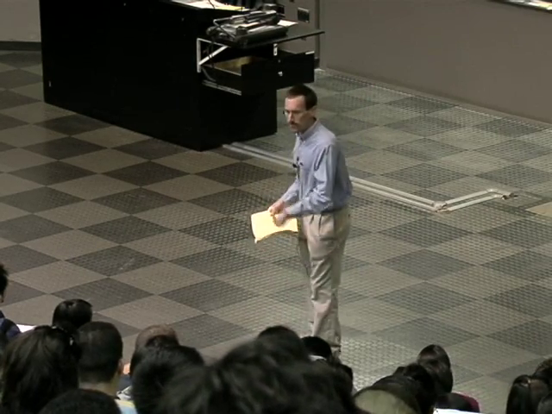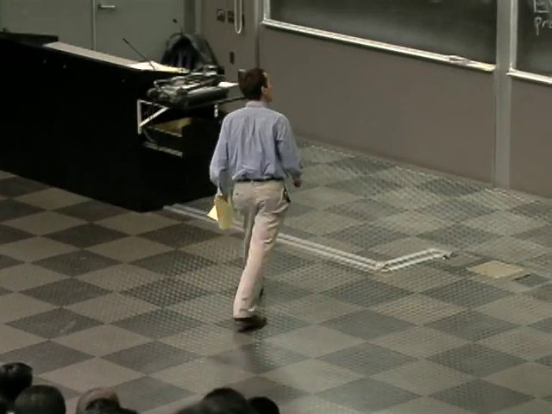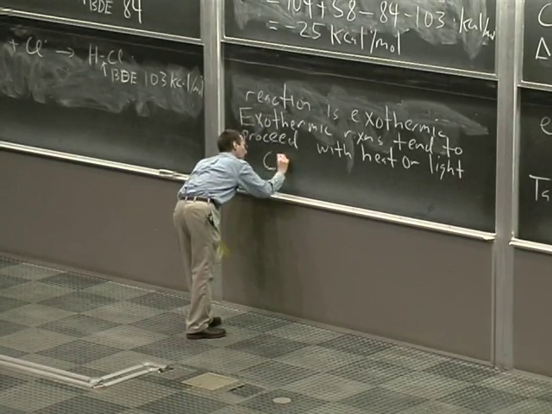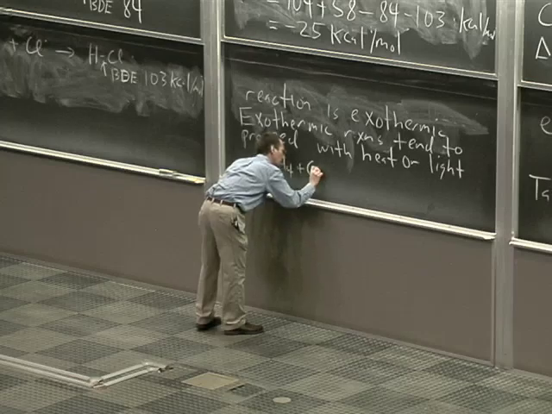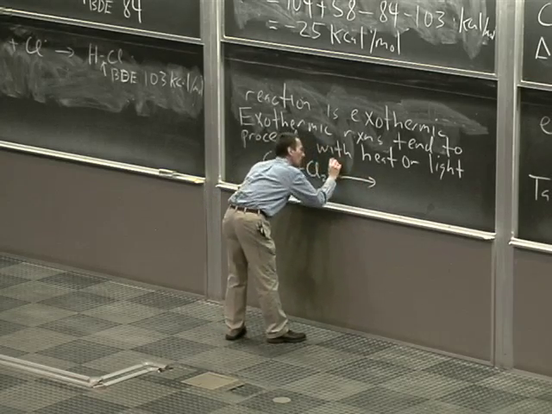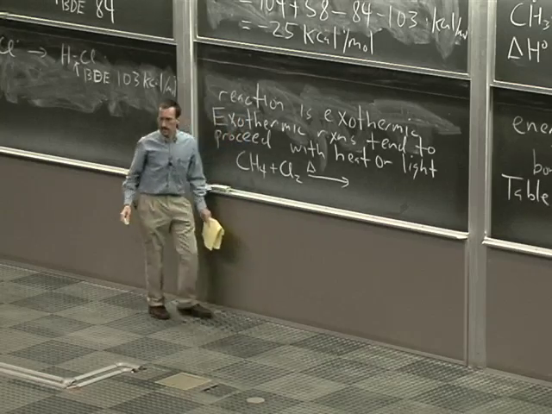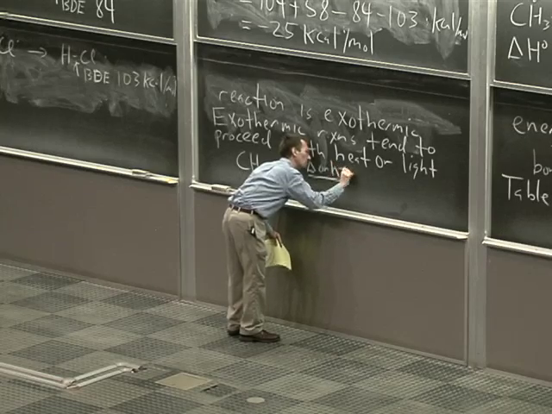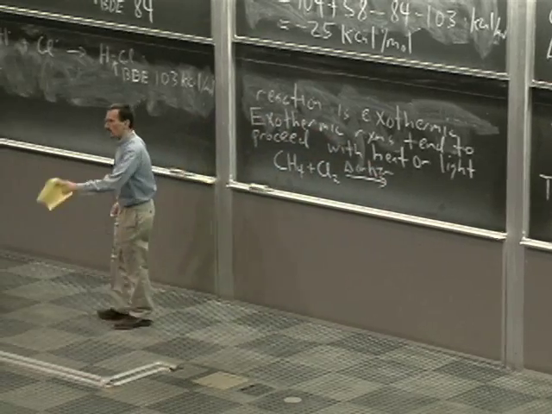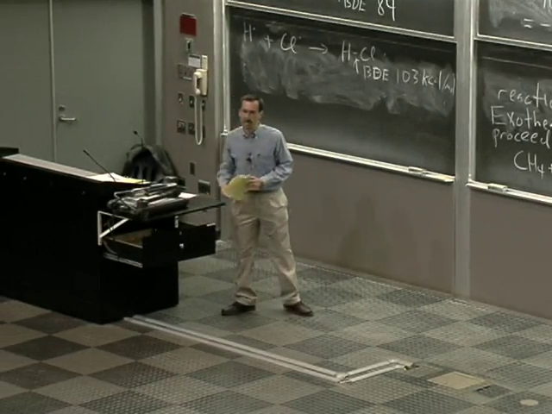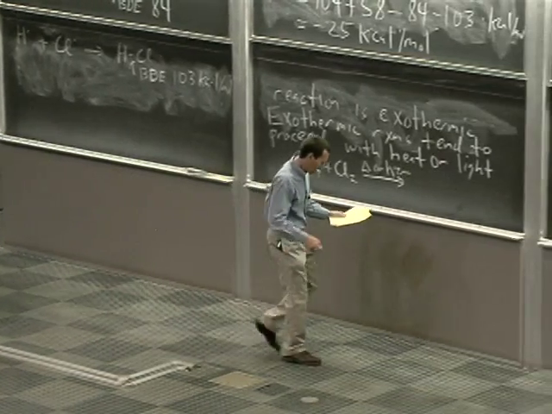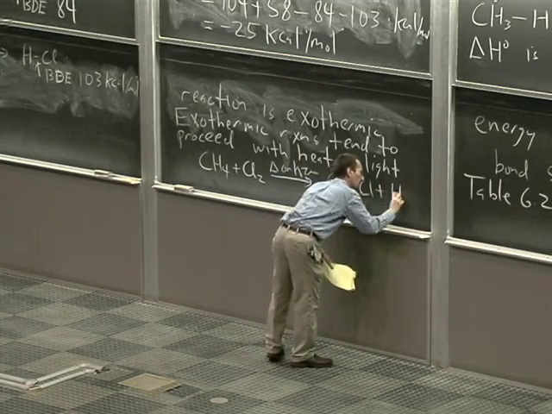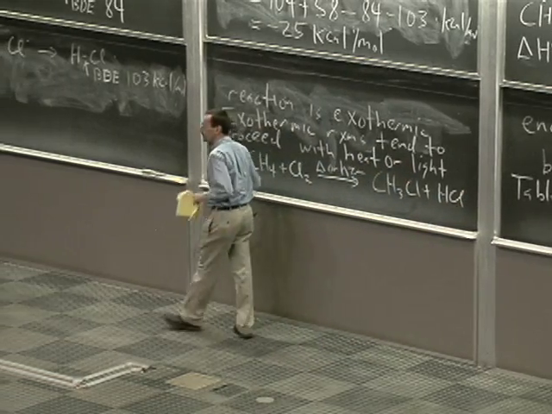if they are exothermic. And so let me finish the equation that I had written at the very start, just so you have a complete equation for the chlorination of methane. CH4 plus Cl2 goes to, and I'll use the abbreviation delta for heat, or h nu, a photon, light right at the cusp of the UV spectrum, right at the edge of the visible. Sunlight's a good way of doing this. Goes to chloromethane plus HCl.